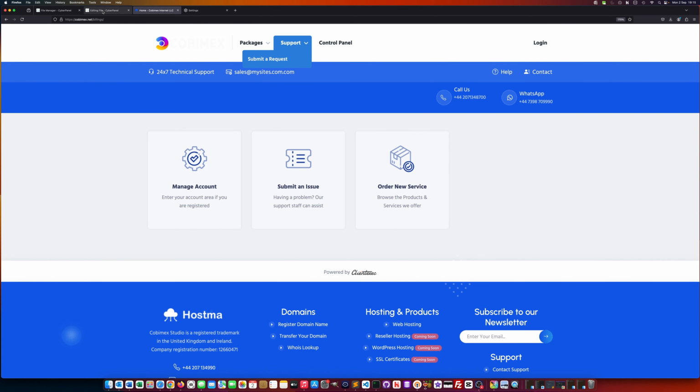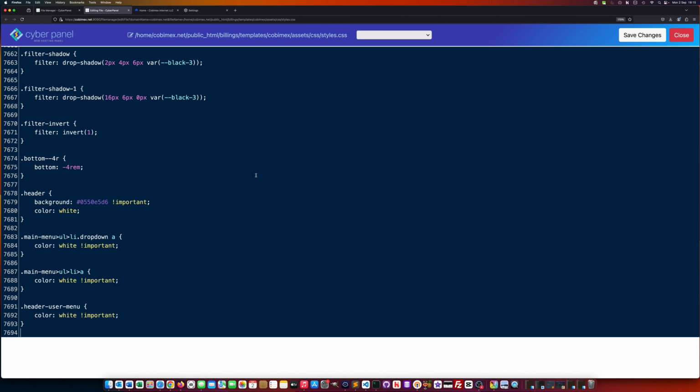Now this menu list, of course, are this one and the bottom part. Now let's go and save this and see if that works. So you can see clearly how I've done it. If you just modify the header, modify the main menu list, and then the user menu list, these are all the IDs that ClientExec is using. If I save that,